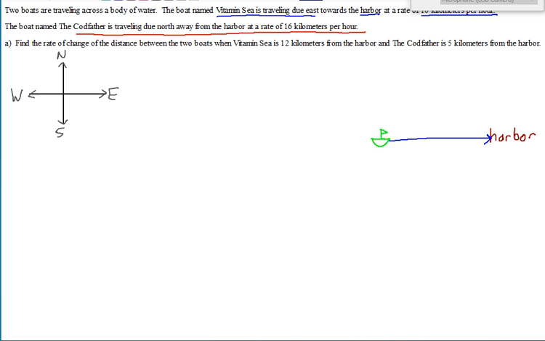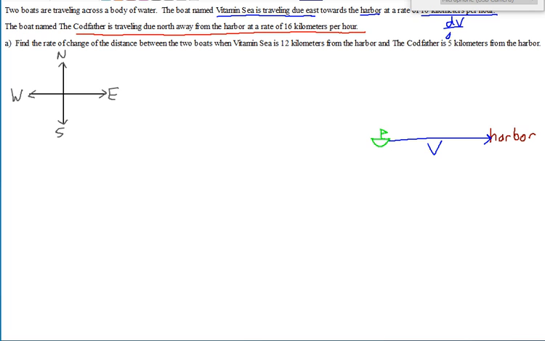East towards the harbor. And because we're given that it's moving due east towards the harbor at a rate of 10 kilometers per hour, I'll assign a variable here because that's how this is changing. You can use whatever letter you want, but just to remind myself which boat it is, I'm going to use capital V for Vitamin C. And then the rate of change here